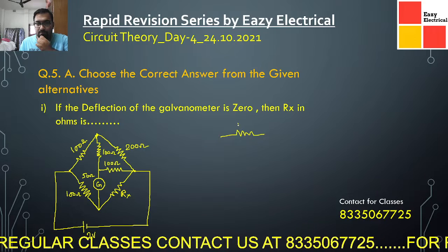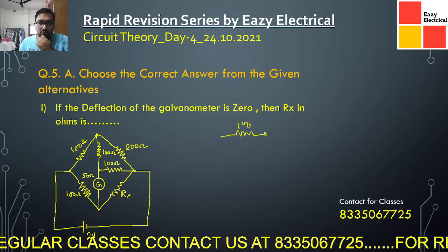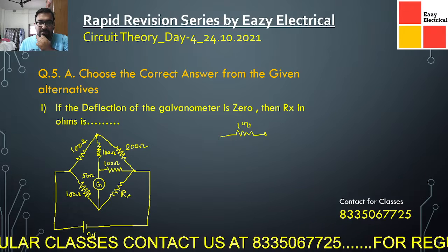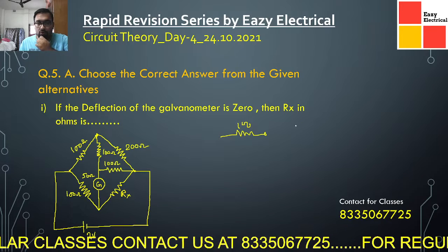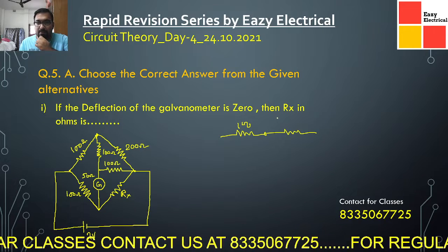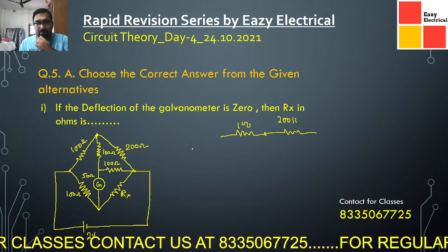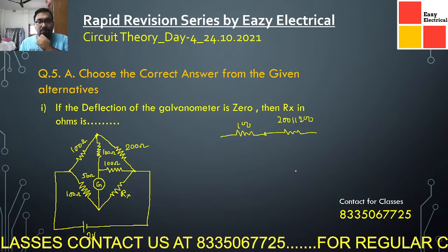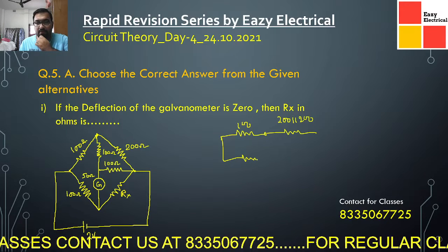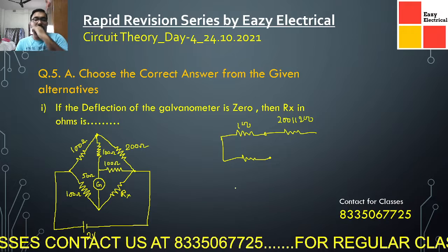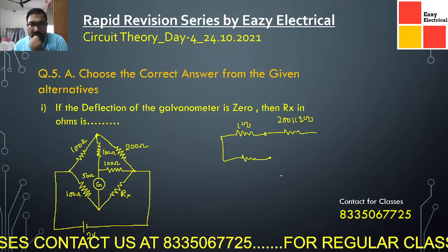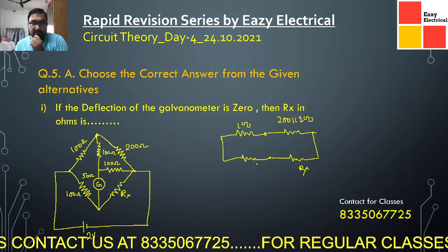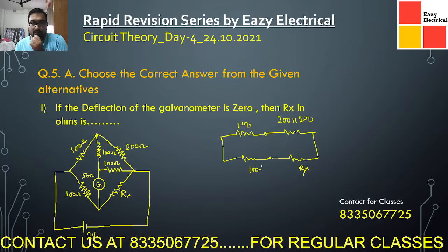This is a 100 ohms, right? And this whole network is basically what it is. 100 and 100 are connected in series, and then 200 will be there. So an equivalent resistance we can write like this: 200 in parallel with another 200, and in the below what we are having here is your 100 ohms, and here it is basically your Rx, right? This is your 100 ohm, 100 ohm.